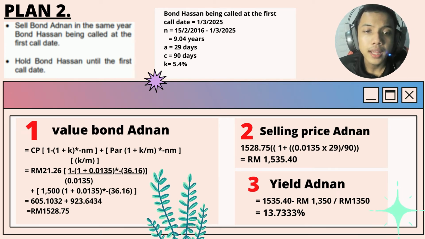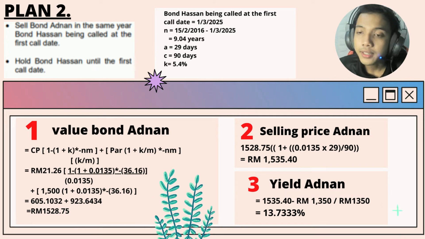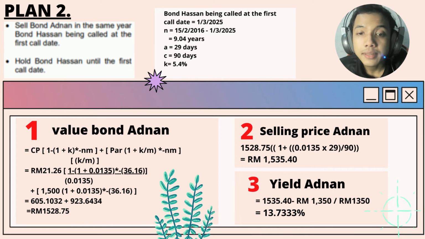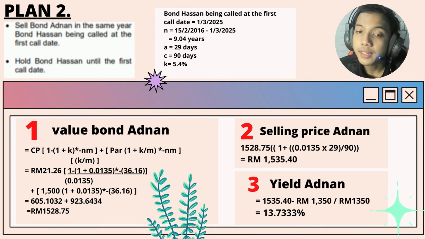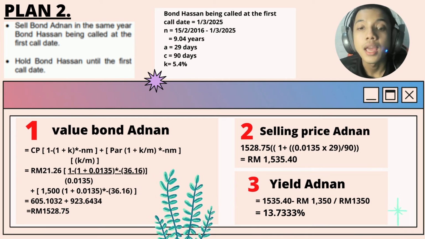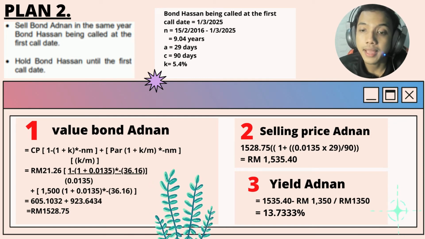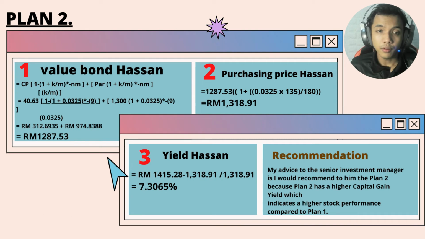So the value bond Adnan is RM1,528.75. Second, we look at the selling price Adnan, which is RM1,535.40. And the yield Adnan, which is 13.7333%. For value bond Hassan is RM1,287.53. For purchasing price Hassan, which is RM1,318.91. For yield Hassan, which is